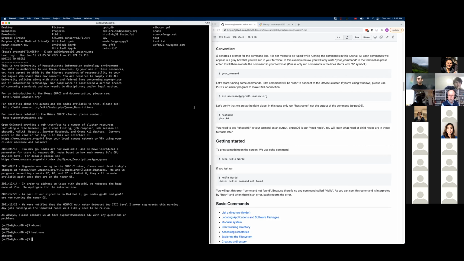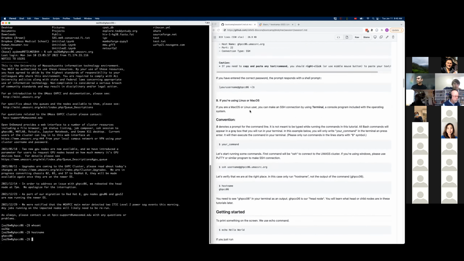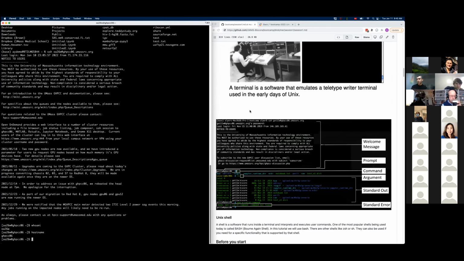By the way, there's one more thing here. Notice to users. When you connect to the cluster, there are explanations here about the cluster and some news about it. For example, sometimes they are going to shut down the cluster and they put a news item about it here with the date. So when you connect to the cluster, just read these if there's something different than before, to be aware of what they are going to do in the cluster.